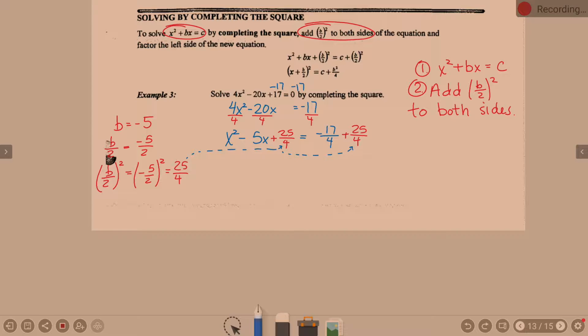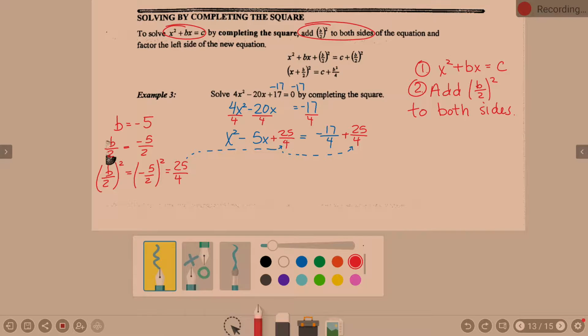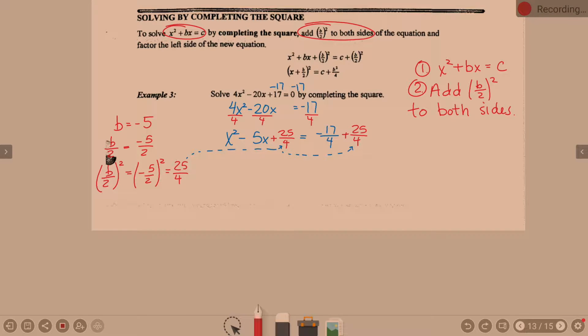Okay. That was step 2. Questions about step 2? Okay, step 3